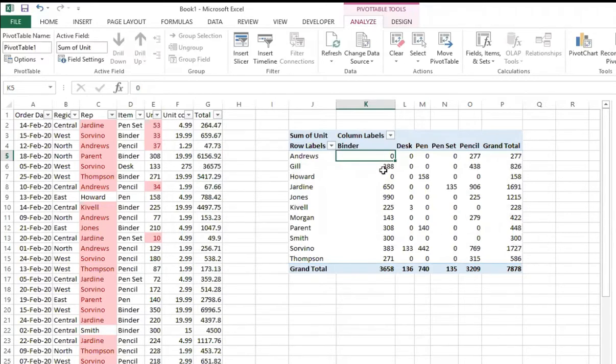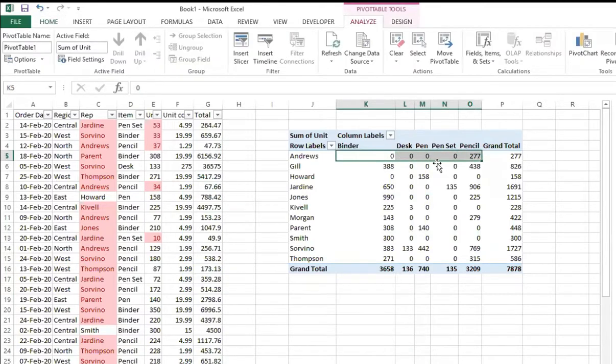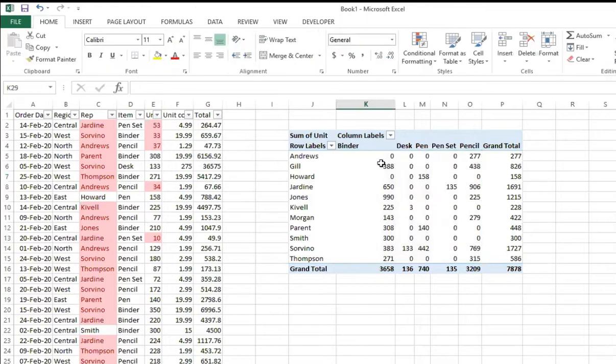Now, what if I want a specific chart, a specific conditional formatting to show me which one is a star performer, how much sales he has made, and all of this can be amended as per your own whims and fancies. Just remember to select the correct cell. Conditional formatting with respect to Andrews will show a different picture, and with respect to the entire data set will show a different picture. And it all depends on what rules you configure.